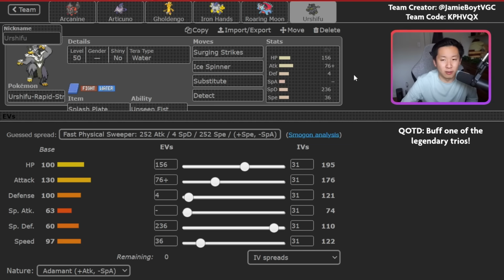The final Pokemon is Urshifu, and this Urshifu set is really unique because of how much bulk it has. Jamie is a genius team builder and EV spread creator, and if you watched him play at some of the recent regional championships on stream, you'll notice just how clutch the Urshifu was. It took so many attacks I wouldn't have expected it to survive, and that's because who normally has this much bulk on Urshifu, right? Most people invest primarily in attack and speed. This is completely unorthodox and unexpected for what people generally expect,